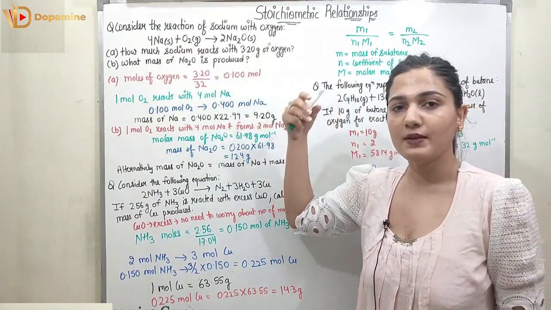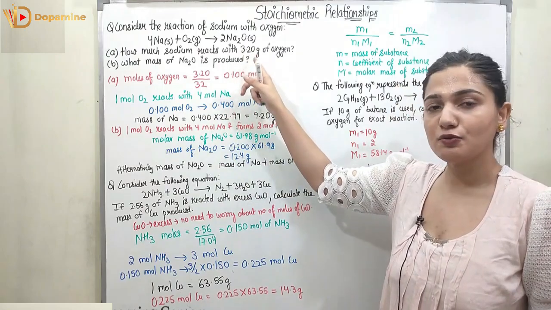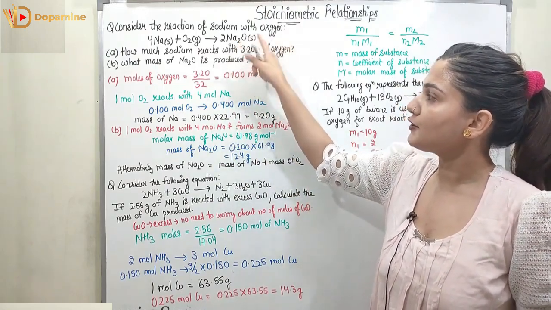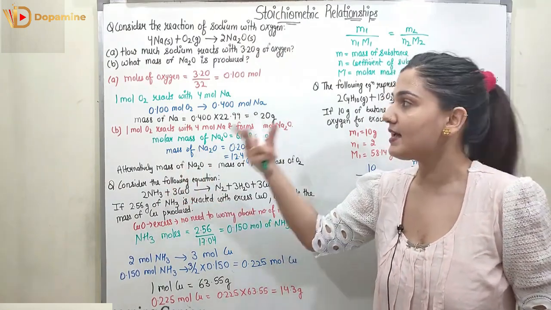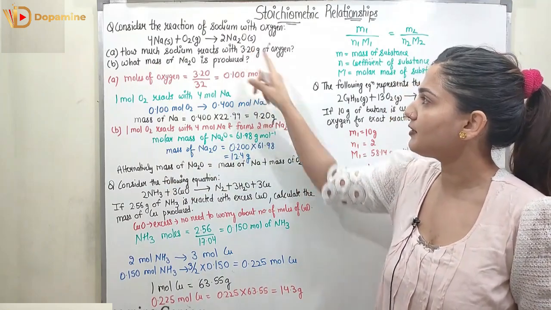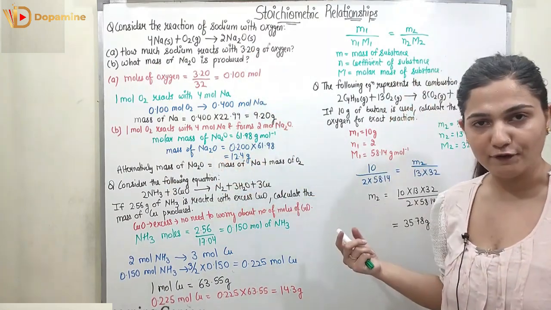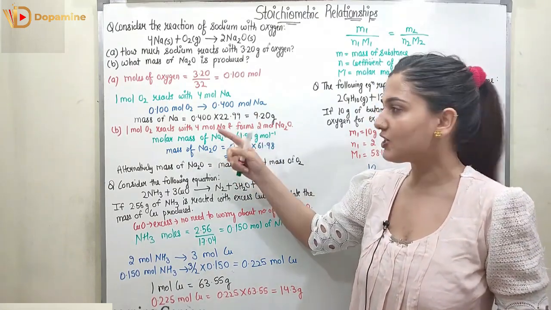So what is the initial reactants' mass? 9.2 plus 3.2. Now the output that is produced is 2Na2O. The weight of the product will be equal to the weight of the reactants. So if the sum of 9.2 and 3.2 is taken, we will get the mass of Na2O, which is 12.4. Alternatively, we can find it with the help of the mole relation as well.